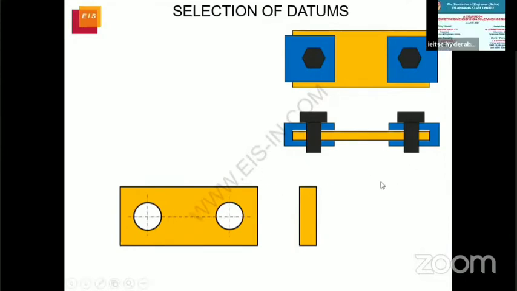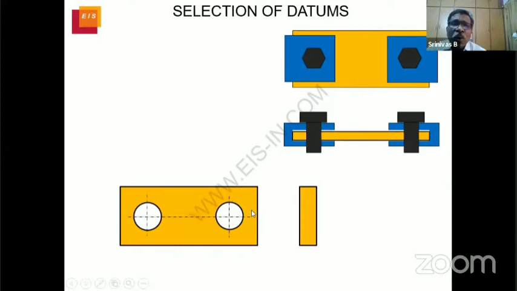Now this is the one I explained to you last. So this is the primary datum. Why? That was your question, sir. It is resting here on this. It is resting here on this. That is why it is the primary datum. Now, we should not consider these two holes as similar holes, though the size is the same. This has a different design intent. This hole has a different design intent.